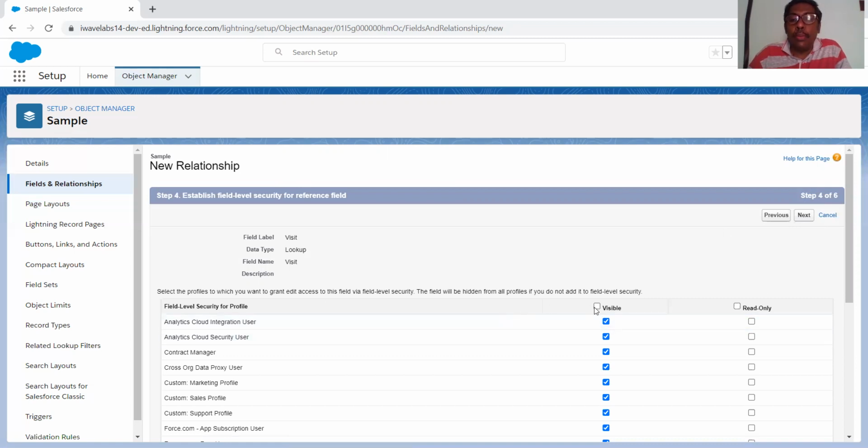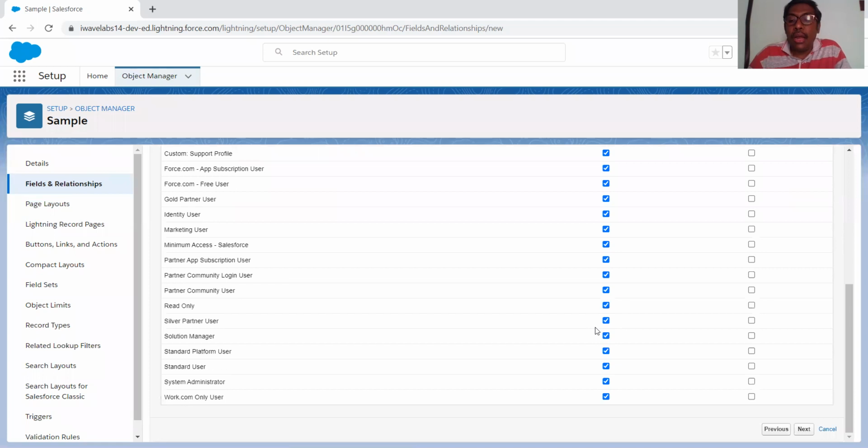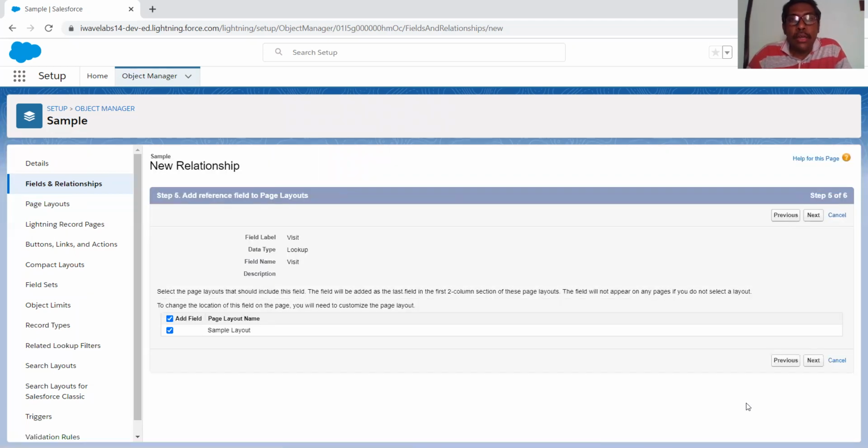For that, I'm going to enable the Visible option so that it will be available for all profiles. After that, you can click on Next, and the visit field will be created and added on the sample layout. After this, I'm going to click on the Next button.